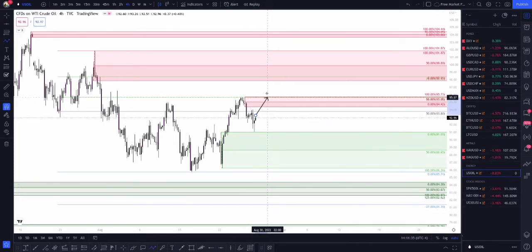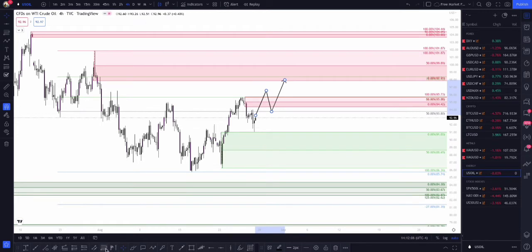But ultimately, I want to see this 4-hour unmitigated supply to be broken and maybe used as a turncoat, or we can trade off of a newly formed 4-hour demand before taking this to the upside. And again, looking to take partial profits, at least partial profits, as we get into the other unmitigated 4-hour